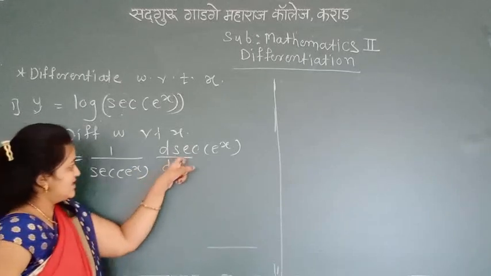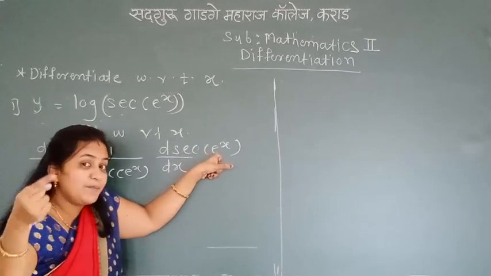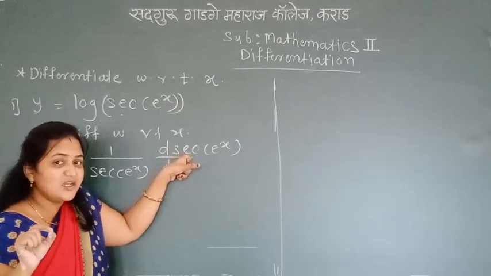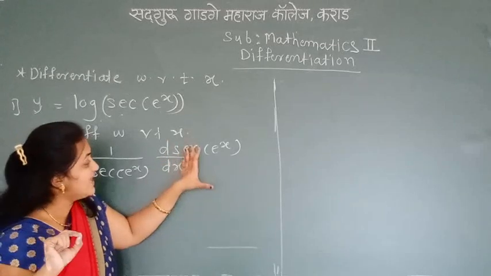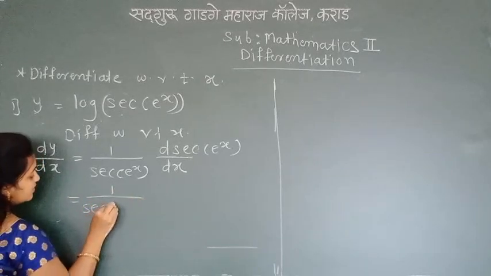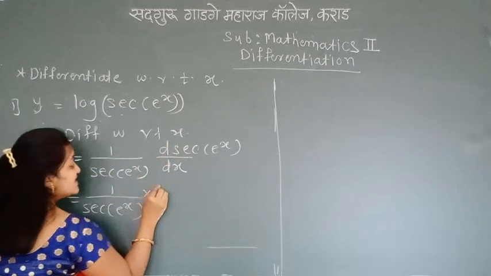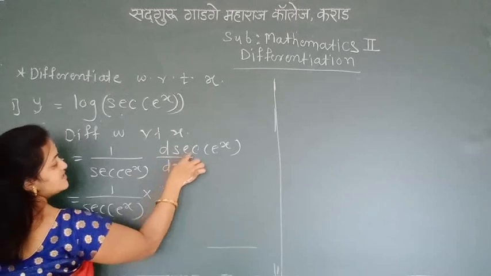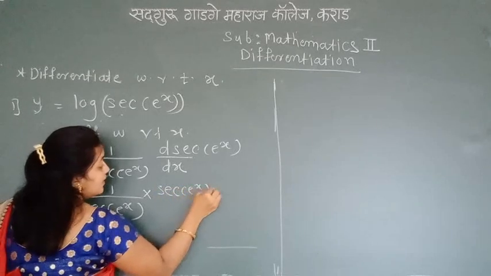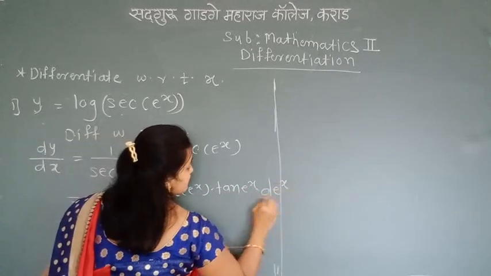Now again this is your sec is a standard function. But here not the x, replaced by e raised to x. So we can first find the sec derivative. What is the sec derivative? Sec x into tan x. And then you find the derivative of e raised to x. So 1 upon sec of e raised to x multiply derivative of sec x, which is sec x into tan x, means derivative of sec of e raised to x, which is sec of e raised to x multiply tan e raised to x, and again the derivative of e raised to x with respect to x.